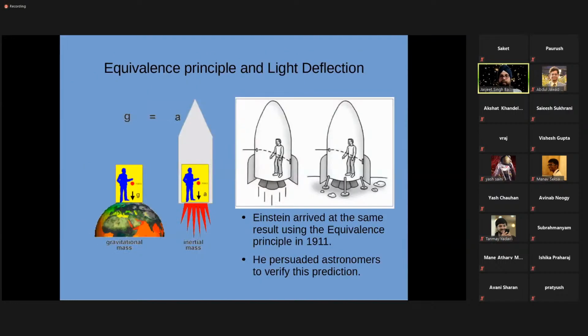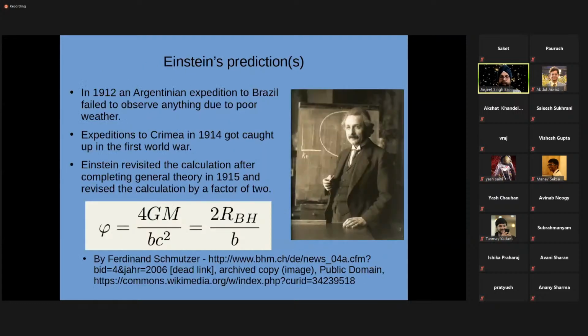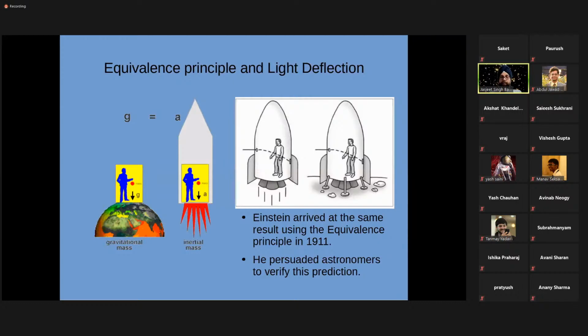So it remained so till Einstein came along, and what Einstein did was to apply the equivalence principle, which is similar to what Soldner did. But Einstein's hope was to connect it up with special relativity, because by this time people knew the speed of light a little bit better. Einstein had shown in his special theory of relativity that using the speed of light as the ultimate, limiting speed gives rise to interesting phenomena in space-time.